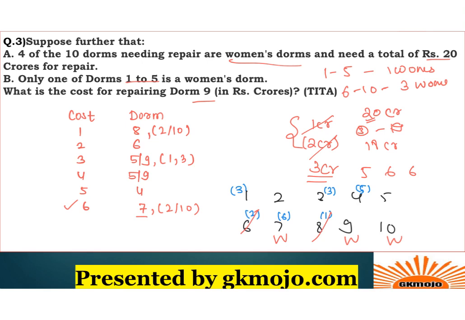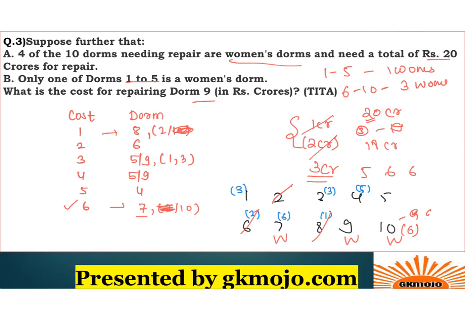Now this 10th number dorm, right? This 10th number dorm belongs to either 1 crore or 2 or 6 crores over here, correct? But it cannot be 1 crore, right? So this 10 number dorm should definitely be 6 crores. Hence 2 comes to 1 crore, right? Since 2 comes to 1 crore, this is also eliminated.